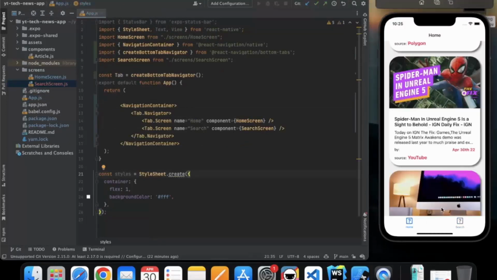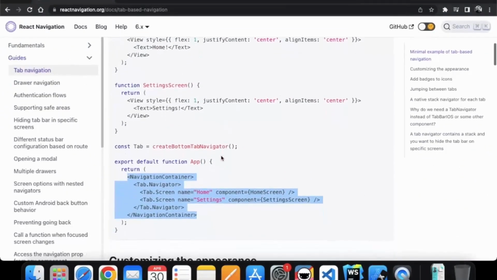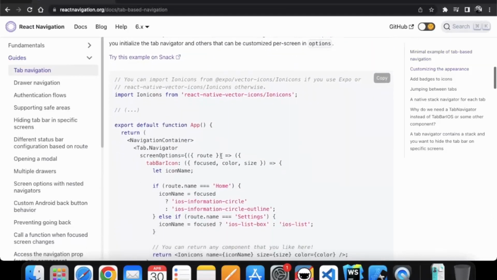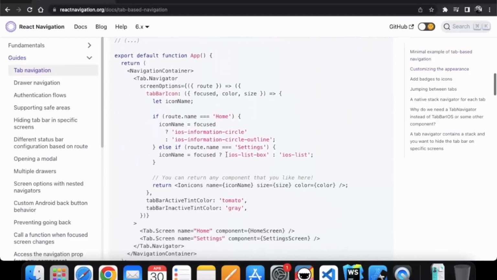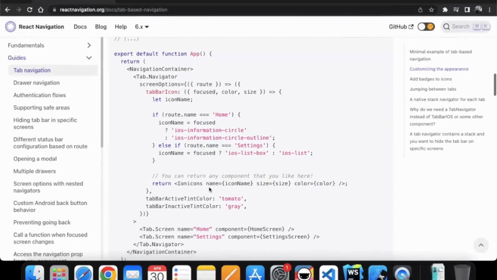So let's just customize this bottom navigation a little bit. If you go to the example, you can customize the appearance. It has multiple options for it. You can go through all the options in the documentation. So here in navigation container,